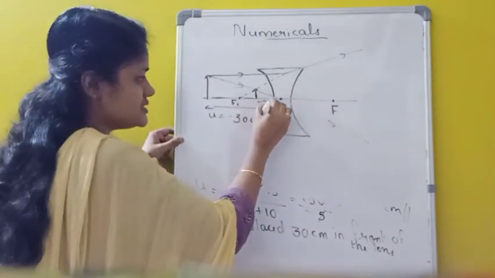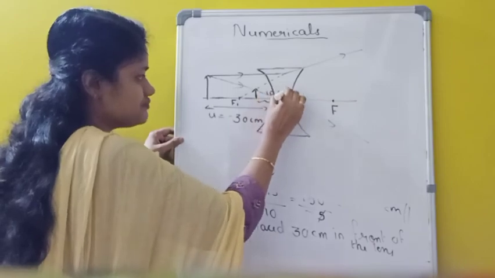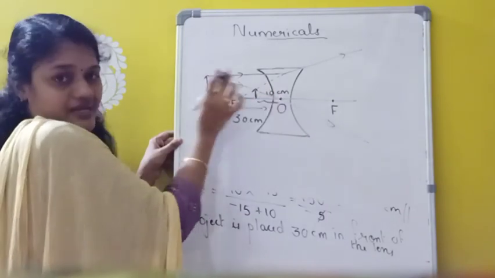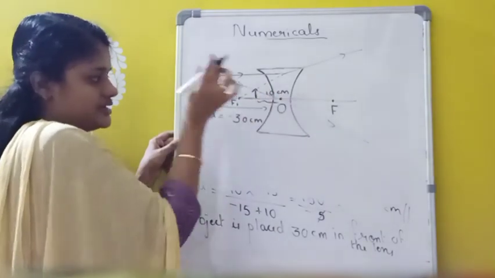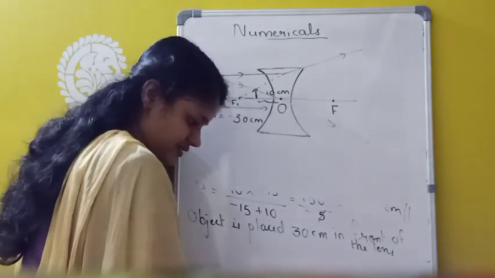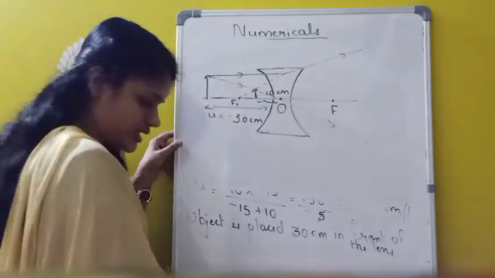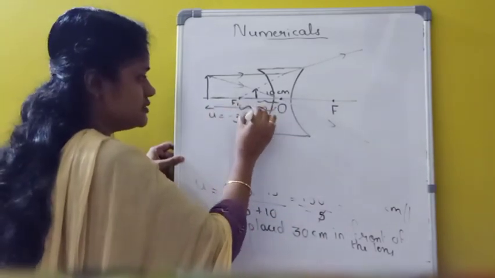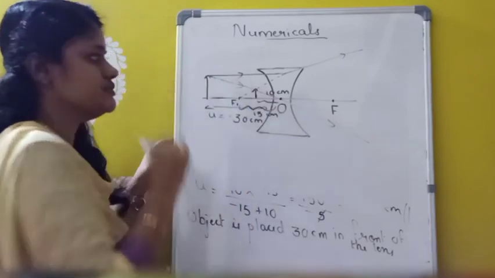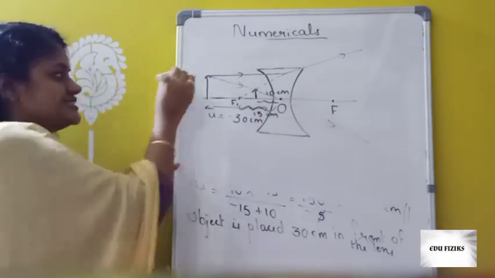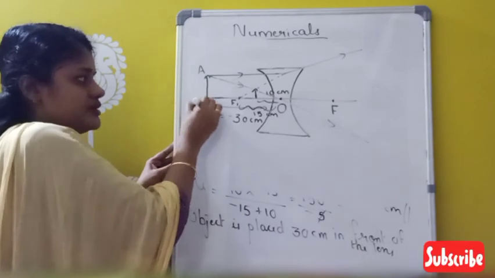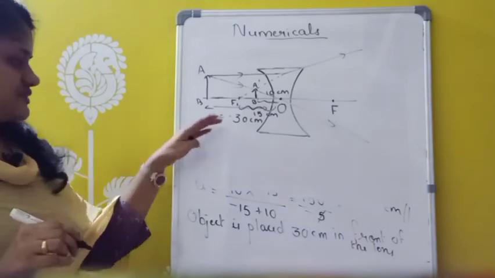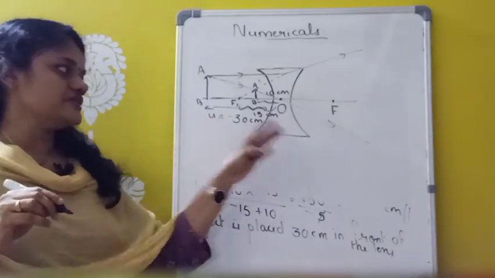That means this much distance is 10 centimeter. Okay, no need of measuring and all. Just draw the ray diagram and simply write the values there. So this V distance is 10 centimeter. And U, object distance, is 30 centimeter. And focal length is given as 15 centimeter. That means this much distance is 15. So this is the ray diagram. This is the object here. AB is the object, and this A dash B dash is taken as the image. Okay. So first of all, find the values. Then you draw the corresponding ray